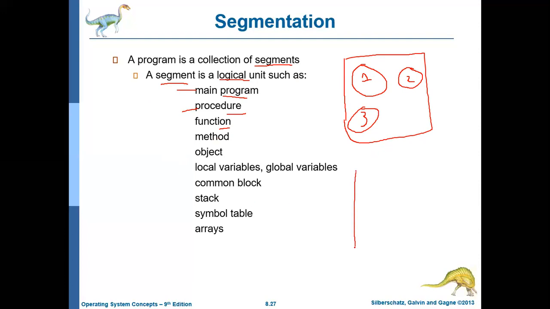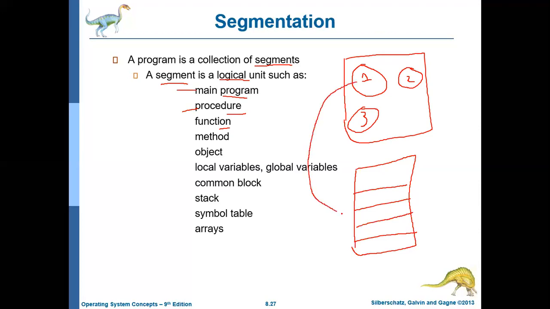In reality, the memory is an array of bytes. It is a collection of several bytes. Whatever the programmer is assuming as segment 1 may be stored at some particular address in the memory, starting at some address and ending at some address.